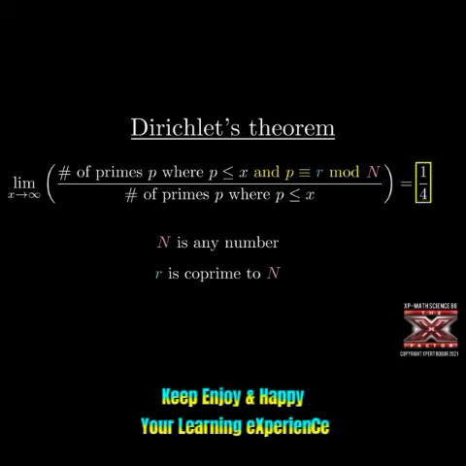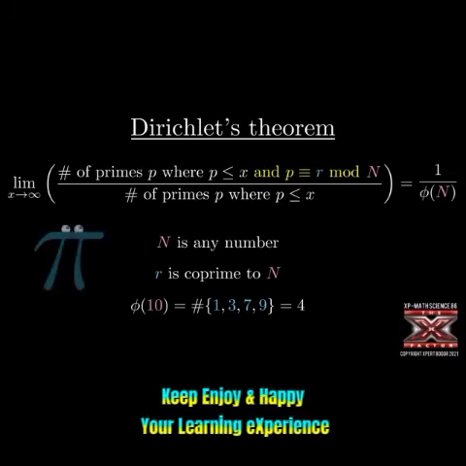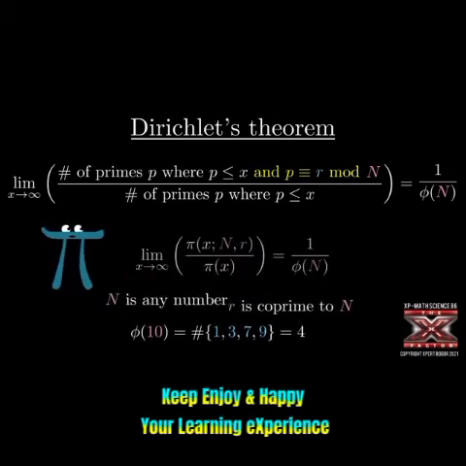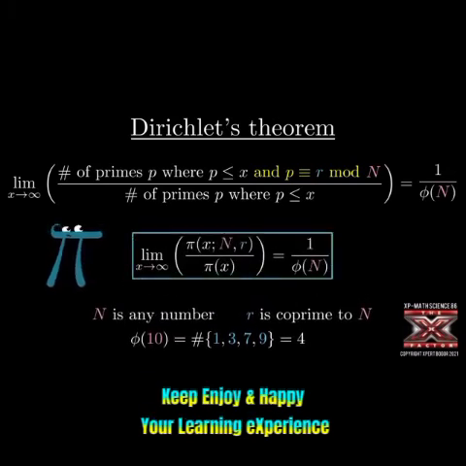Instead of approaching 1/4 as x goes to infinity, that proportion goes to 1 divided by phi of n, where phi is that special function I mentioned earlier that gives the number of possible residues co-prime to n. And in case this is too clear for the reader, you might see it buried in more notation, where the denominator and the numerator are both written with a special prime counting function. The convention, rather confusingly, is to use the symbol pi for this function, even though it's totally unrelated to the